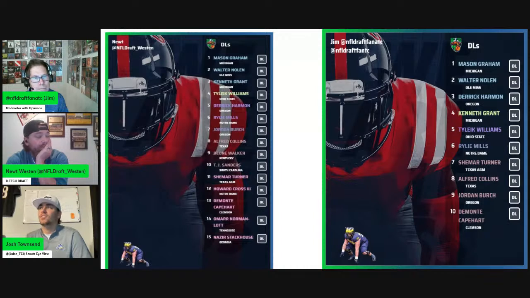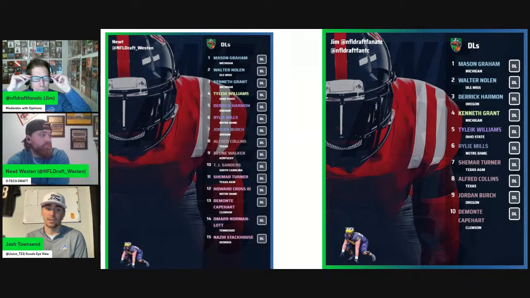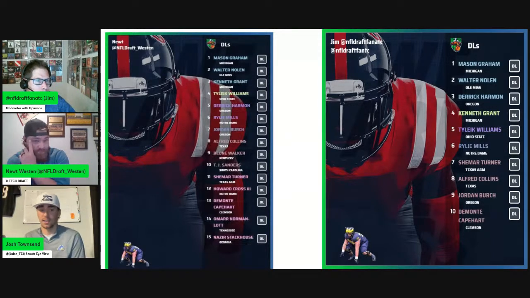I'll start. I would say Kenneth Grant would be a better fit for Cincinnati. I'm not talking about schemes. I'm talking about familiarity with Chris Jenkins Jr. on his rookie contract. I think that's a guy you can plug and play right away, get some familiarity with Kenneth Grant while he's still learning to adjust some parts of his game that need to adjust to the NFL level. But if he has a guy that he's had many years of experience playing alongside, it's going to make the transition a little bit smoother, instead of putting Walter Nolen out there in Cincinnati, for example, saying, hey, you're playing 75% of the snaps, go hair on fire, balls to the wall. I don't care what you do.